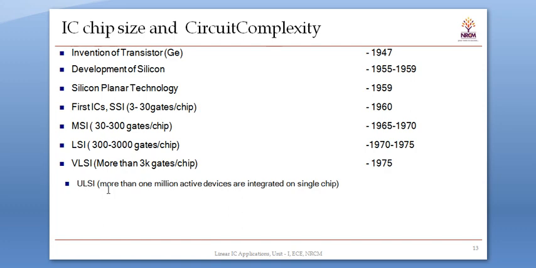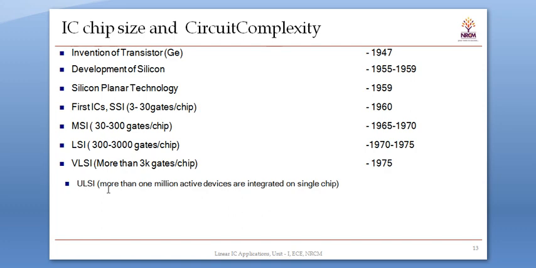Here, the chip size in the SSI chip was 1 mm by 1 mm, in the MSI chip the chip size was 4 mm by 4 mm, and in the LSI or VLSI chip, the chip size was 10 mm by 10 mm. So chip size is also going to increase day by day, and the circuit complexity is also increasing day by day. So over the years, the device density has increased